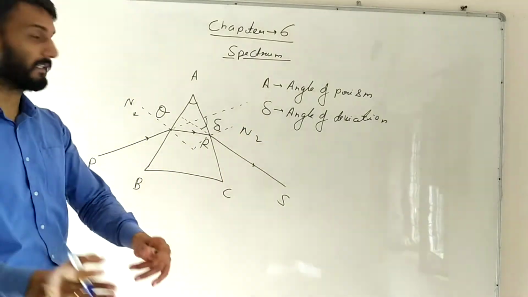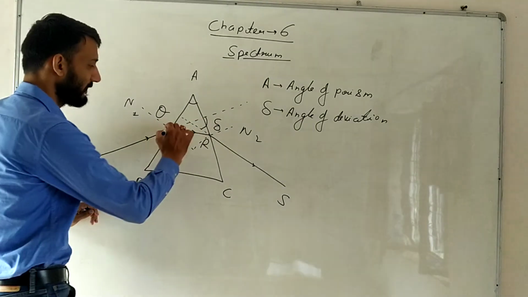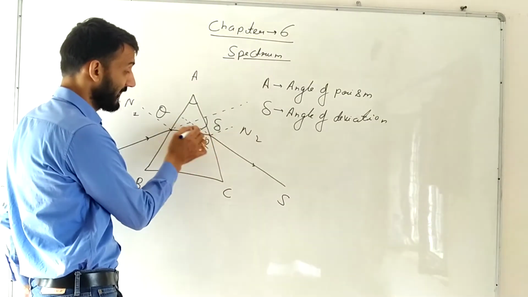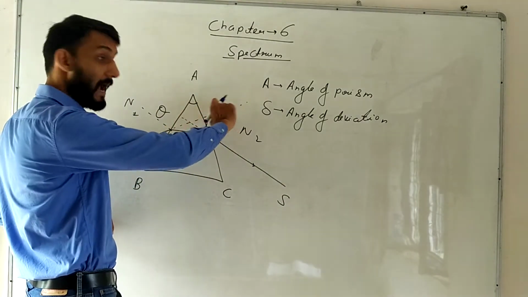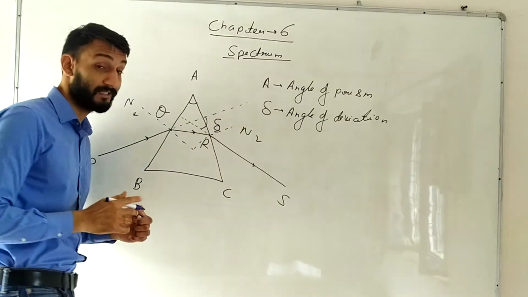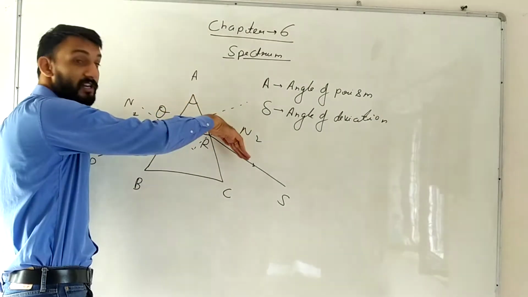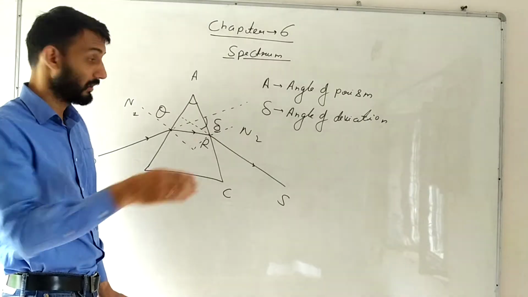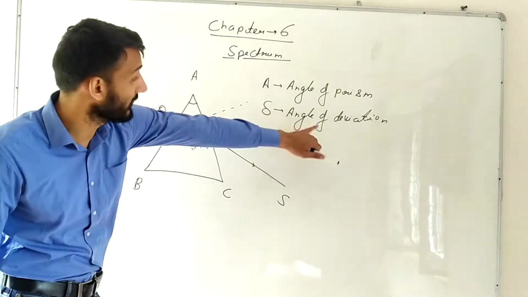Now, if you assume that there is no prism, how the light ray would have gone? So, if there is no prism, the light ray would have gone straight like this. Okay, and if I extend the emergent light ray backwards, the angle between the original path of the light ray and the refracted path of the light ray is known as angle of deviation. Why do we call it angle of deviation? Because it measures the deviation of the light ray from its original path, by how much angle the light ray has been deviated because of the prism. So that deviation has been measured through this angle. Okay, this angle of deviation.